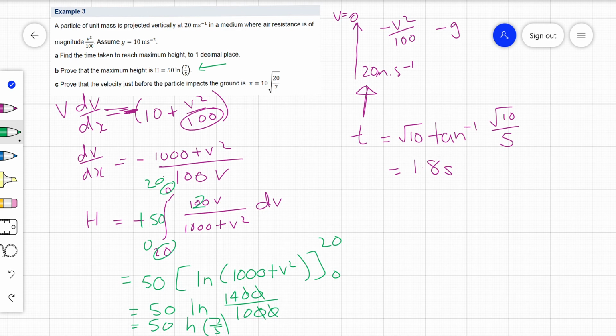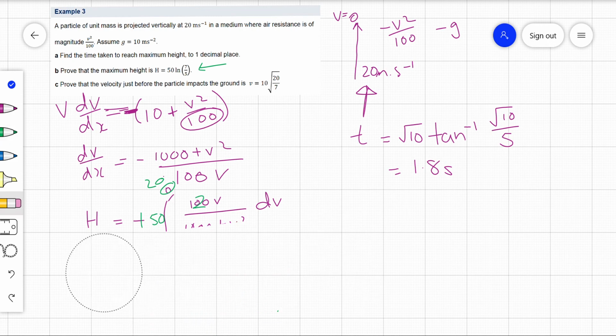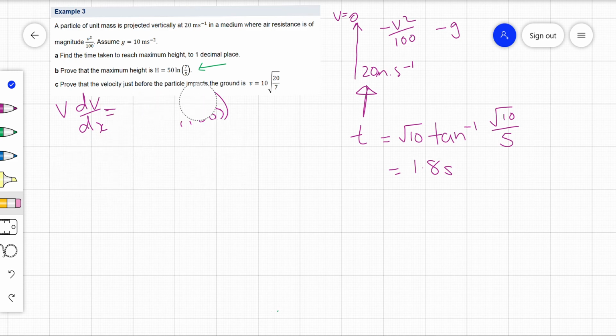So again, I'm going to use v dv dx. But this time it's going to be 10 will be positive because gravity is going with motion. So I'm going to go back to here. So this time 10 is with motion, but I've still got v squared, the resistance happening. Alright, so v dv dx